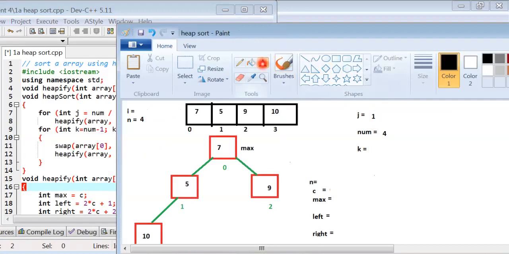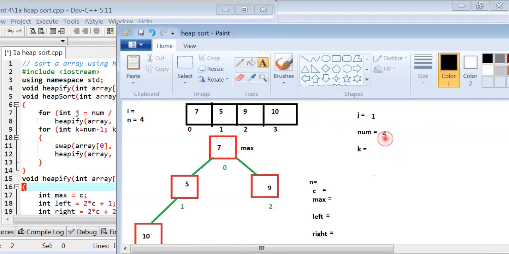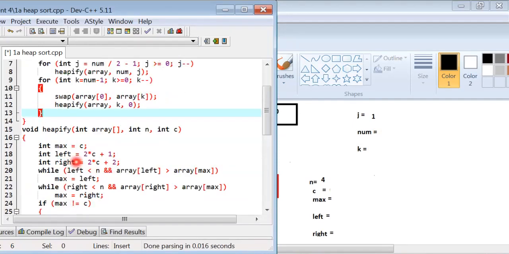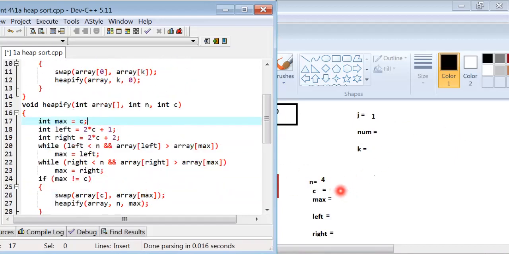Here the n value 4 is inserted in n, and here c, the value of c is the value of j, which is 1. Here the value of c is 1.